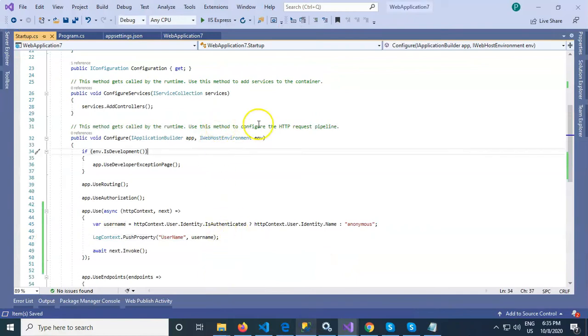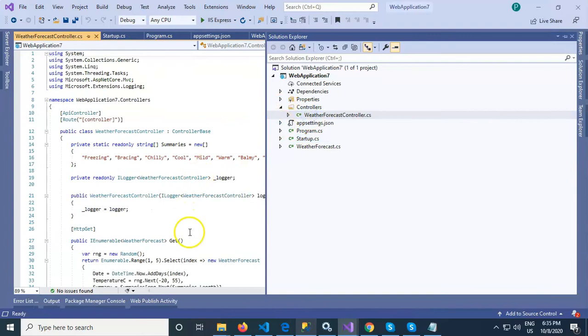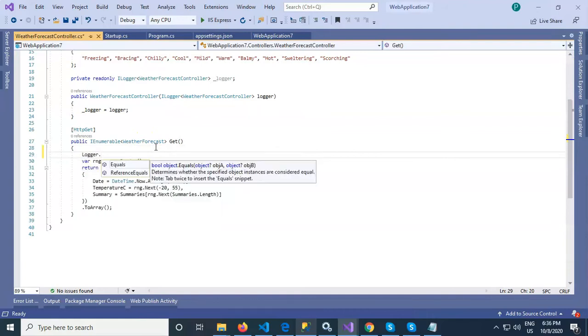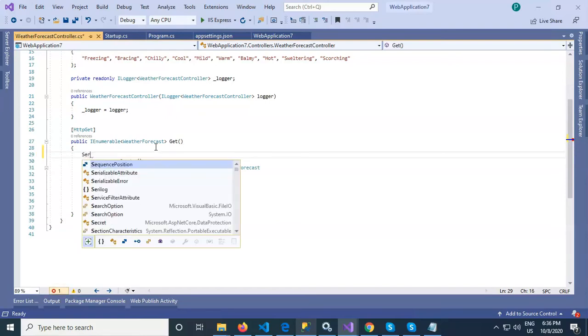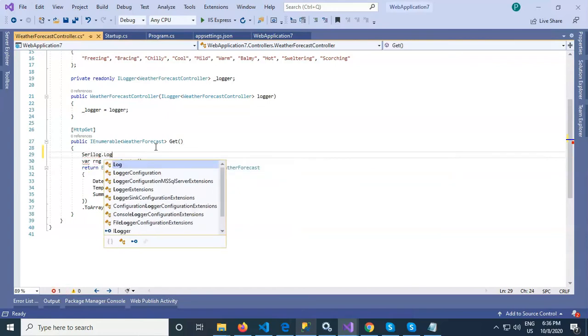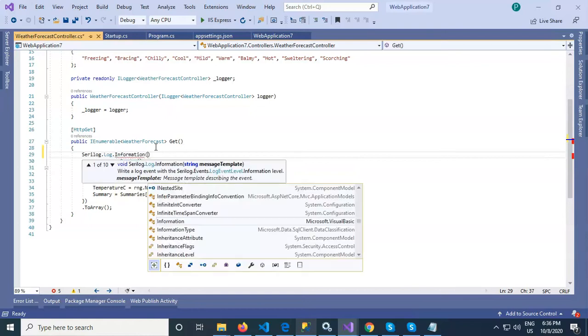Now let's open weather controller. Here we have only a get method, so let's just log. So we need to use Serilog Log.Information.